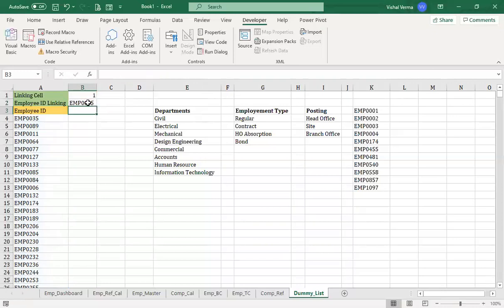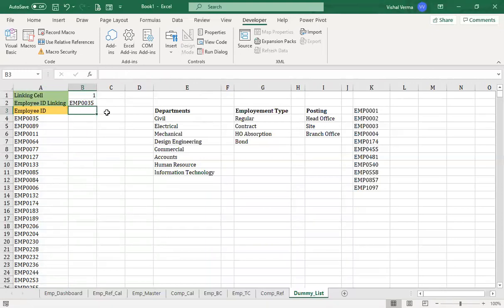So we get the employee ID that has been linked, say this number is EMP0035. You can place also the name, but the employee ID is always a unique characteristic to any individual. There can be two persons with the same name, but there cannot be two persons with the same employee ID.